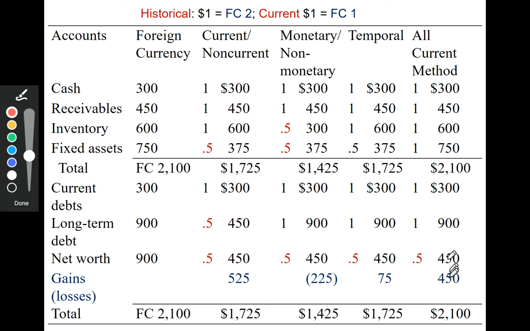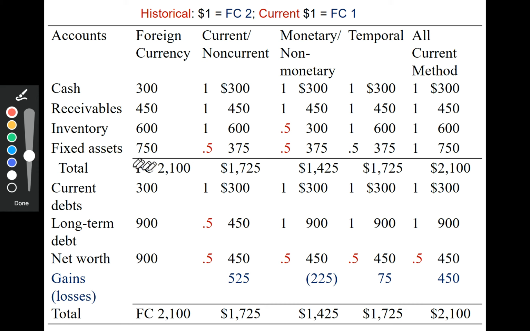Assume here we have blank. In the exam, we would have blank here. You would take 1 and multiply by 300, and you get $300. 1 times 450, $450. 1 times 600, $600. 1 times 750, $750. And on the asset side, you will get the exact same number that you had,